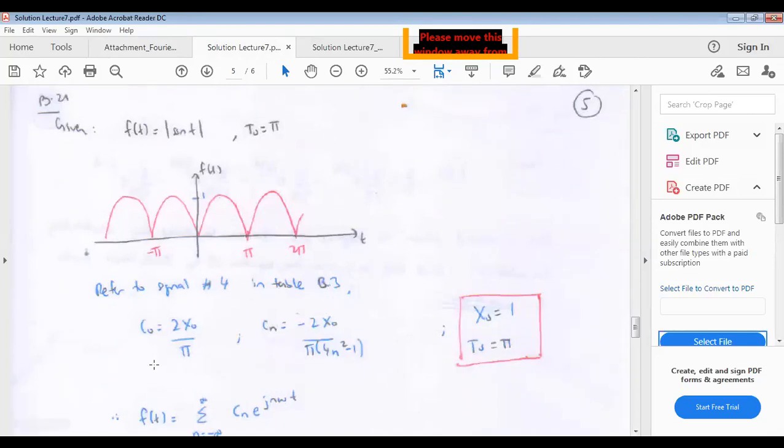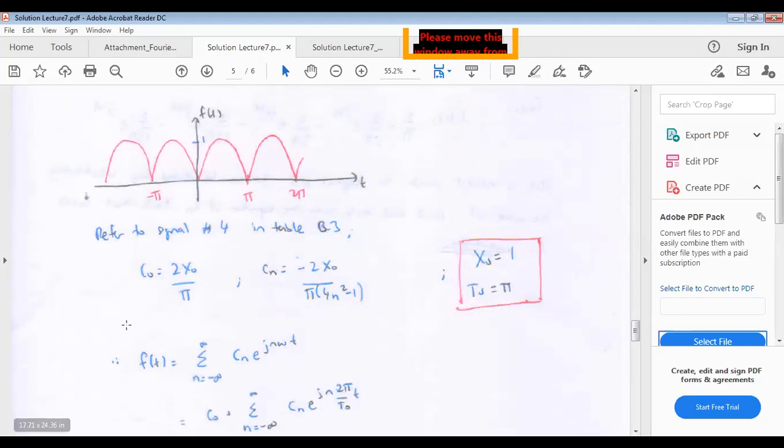We have extracted this from the table just now, right? So we have the C0 and the Cn, and from this ft, we can see that x0, which is the amplitude, equals 1, and the period of ft, T0, equals pi. So we're going to substitute both parameters into these equations, and we go back to the fundamental equation for the Fourier series of complex exponential type, where ft is the summation of n from negative infinity to positive infinity of Cn exponential j n omega t,